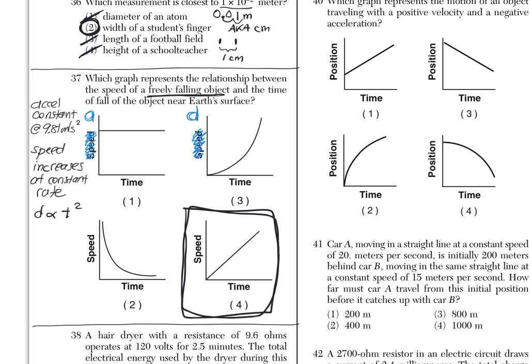Resistance and current are inversely proportional. That's a good example of that. Or frequency and wavelength are inversely proportional. But that is not the case for number 37. We're talking about speed versus time. For a freely falling object, it is choice 4. Moving